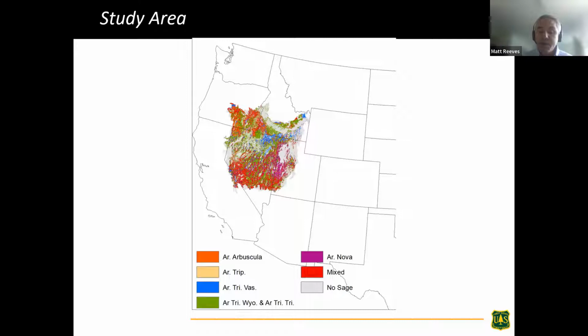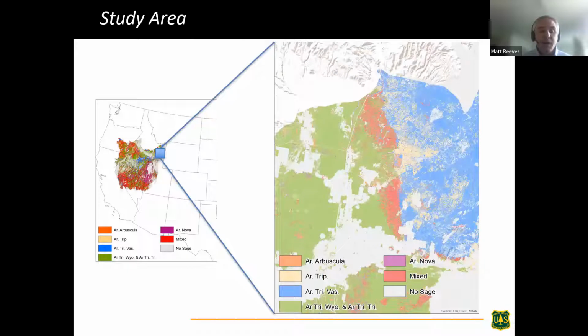But then we have this ubiquitous mixed category, and we're going to talk about why our process is generally unable to break up those mixtures and discern exactly what species is there. And then finally, the gray is no sage. It could be anything. It could be salt desert scrub. It could be forest. It could be water. So gray is off the table. There's no sagebrush there. And we're going to talk more about this. Don't worry. I wanted just to give you a brief flavor and an intro before we dive in a bit